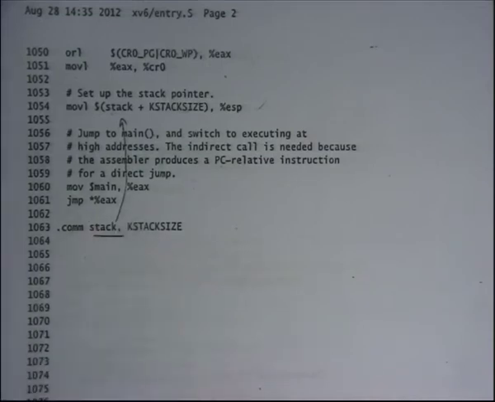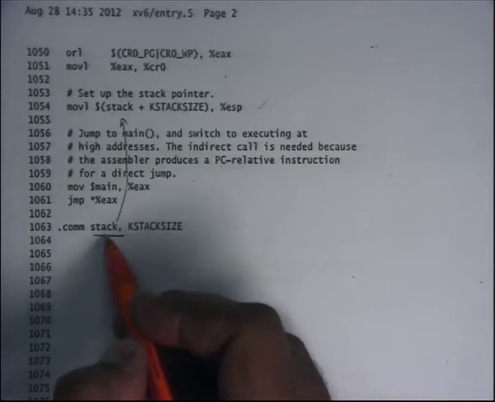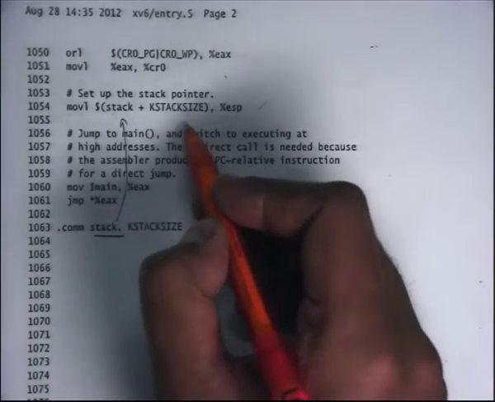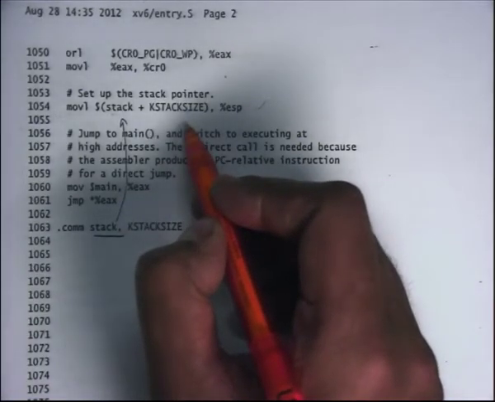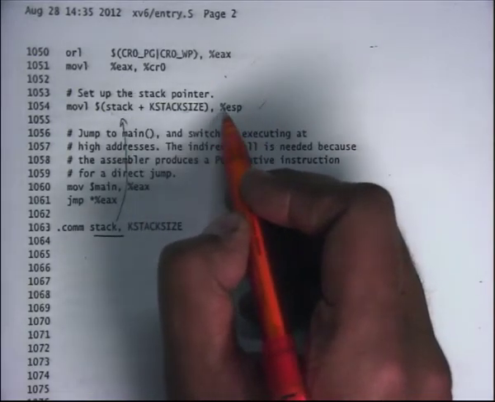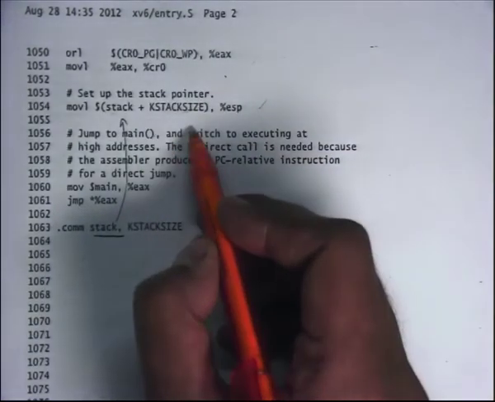So stack is a symbol in the kernel, and recall that all symbols in the kernel have been compiled to have addresses in the kernel's virtual address space, which is above KERNBASE. So the value of stack will be KERNBASE plus something, and KSTACKSIZE is, let's say, 4096 bytes, so that value is loaded into ESP. Recall that at this point paging has already been enabled, so this address should be a valid address.